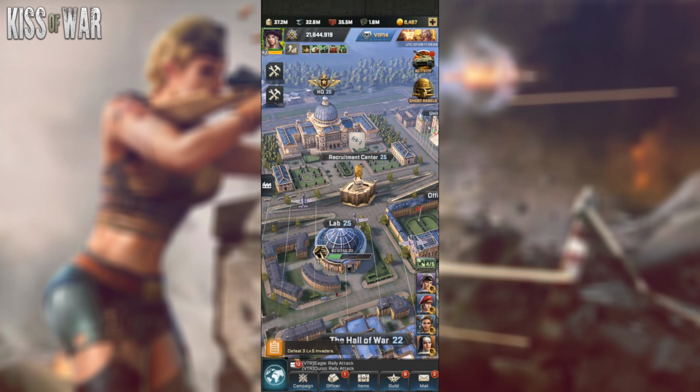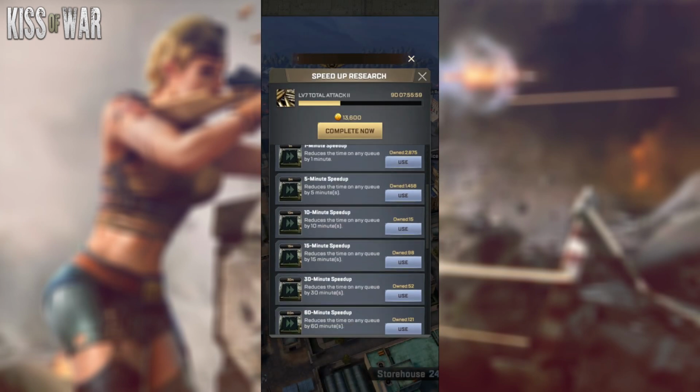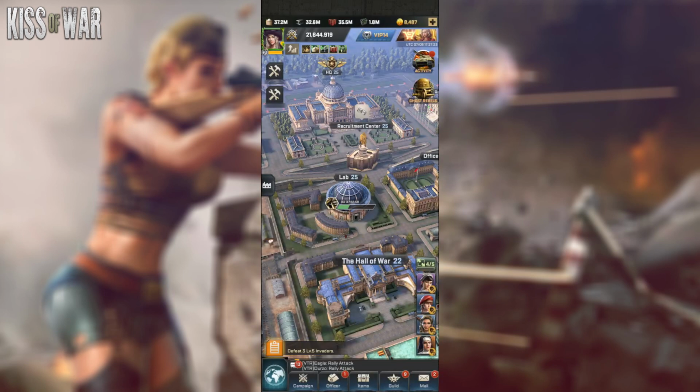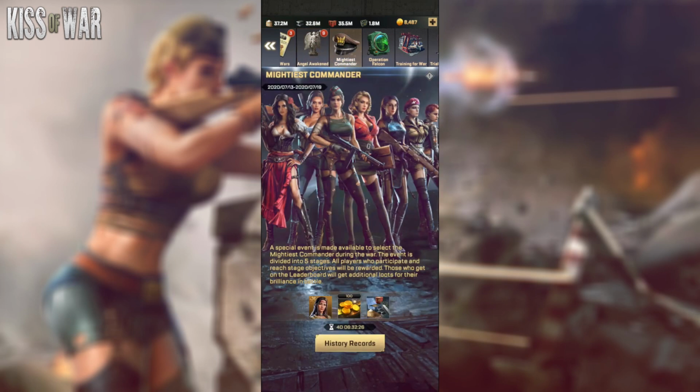Going to the 7th tip of the day, which is basically doing the right activity at the wrong time. Let me give you an example. See over here, I have a research that needs 9 more days to finish. I can speed this research up and finish it right now, but finishing it right now wouldn't be as valuable as if I wait for an event to pop up. For example, I'm currently holding off for Mightiest Commander. When this event comes, I want to pop this research when the power day comes in, which is